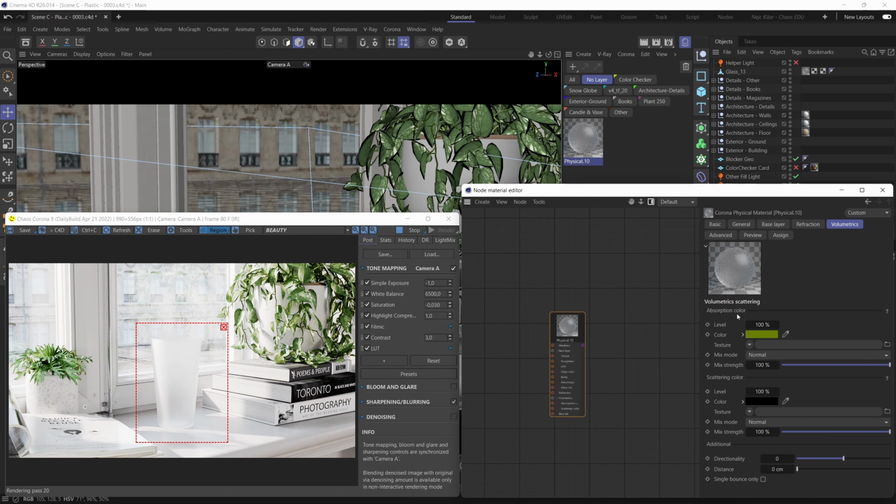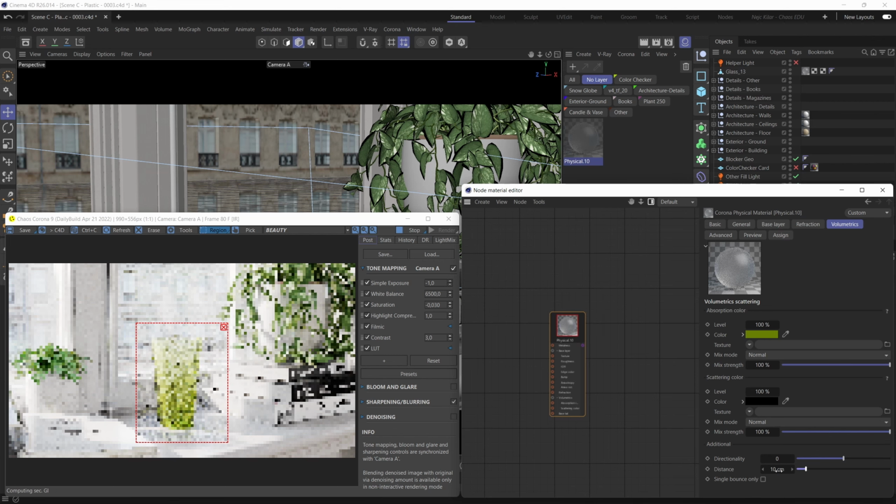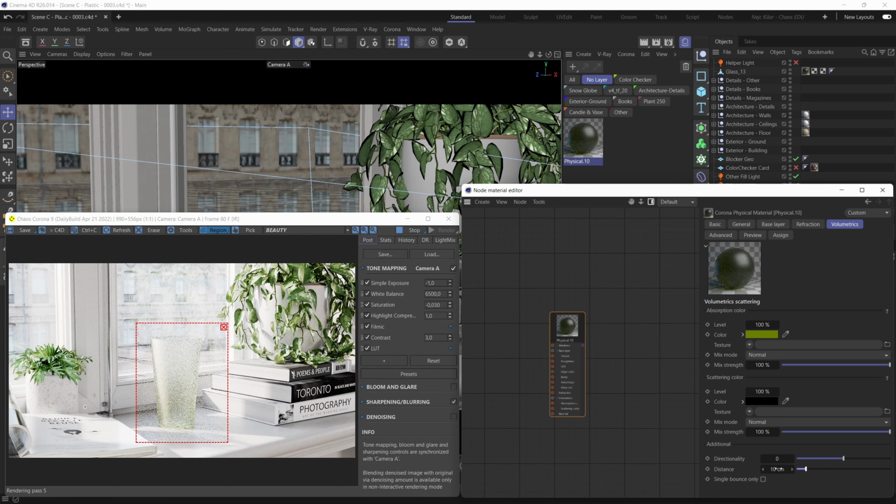So with the absorption color now dialed in, in our interactive renderer, nothing changed, right? That is because with the absorption parameter, we need to dial in the distance as well, because those two work in tandem. So it's going to be some trial and error whenever you dial the distance in, because you're going to want to input a value, and then see the results. At a value of 10 centimeters,